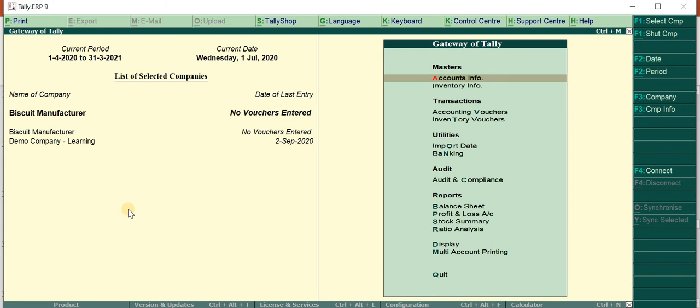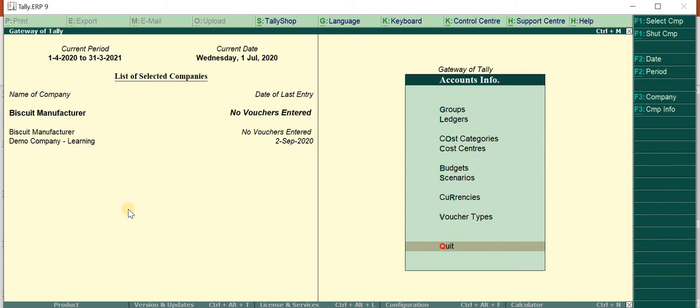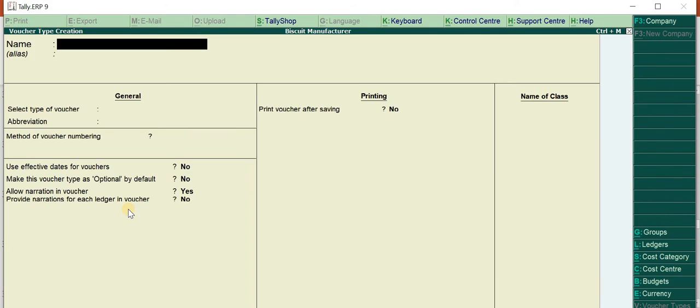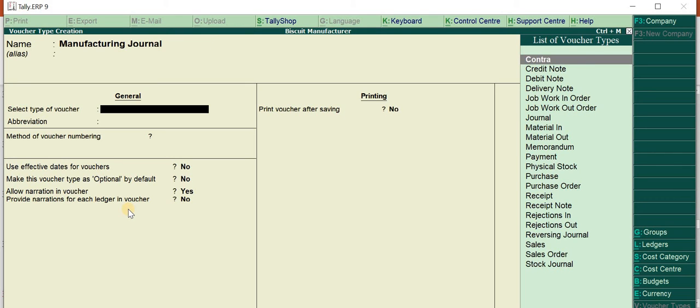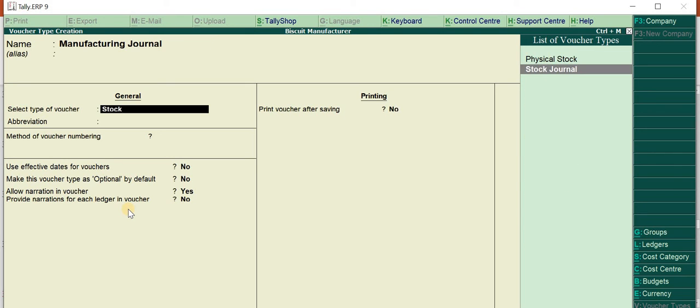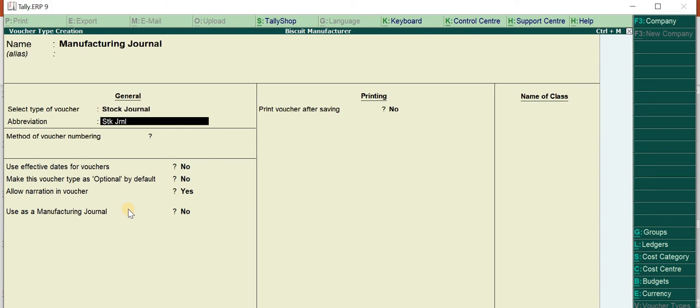Come here, and like we have previously shown, we will go to voucher type creation, which is Accounts Info, Voucher Types, Create, type manufacturing journal, or you can give anything. Okay, here you have to select stock journal, because a manufacturing journal is a type of stock journal.